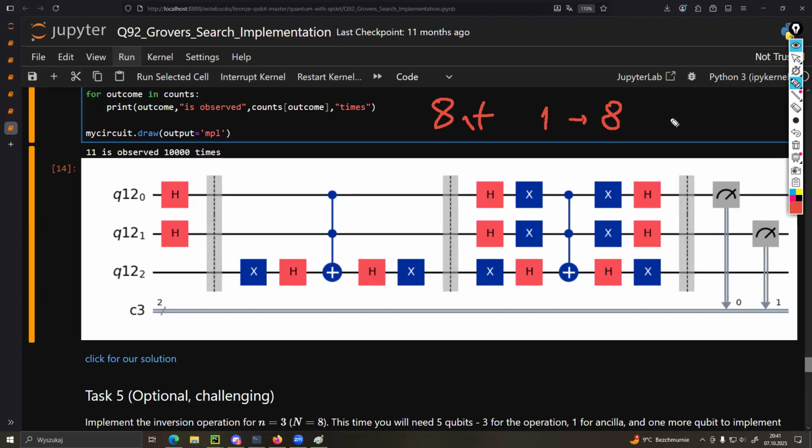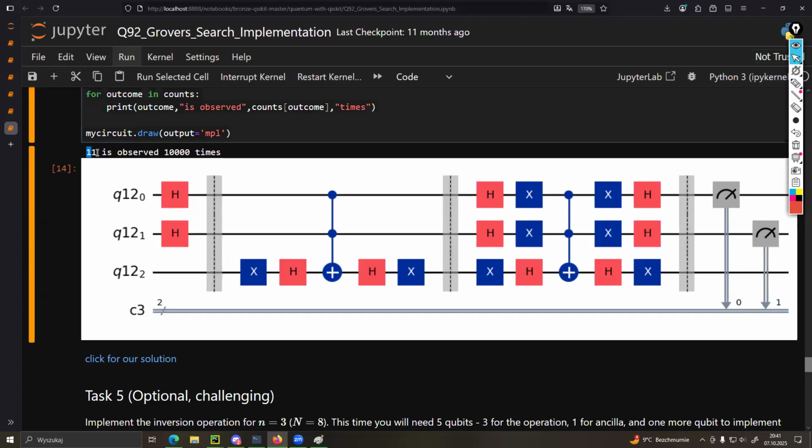So we will have some counts towards these unwanted answers as our result. So if it's 1 in 8, then it wouldn't be so easy. That is also a correct answer, but